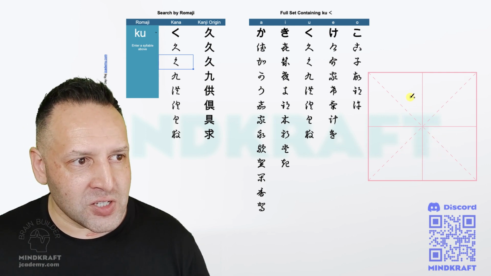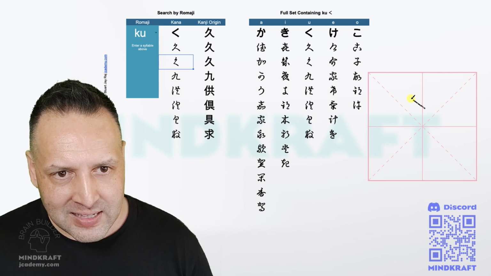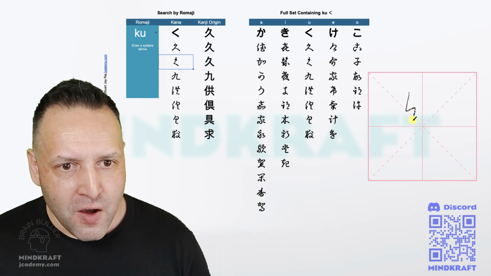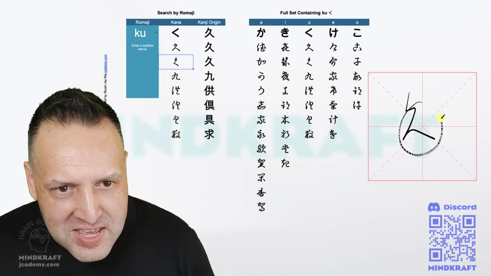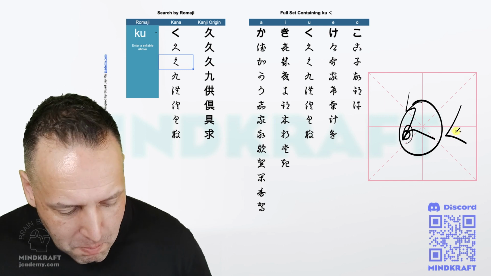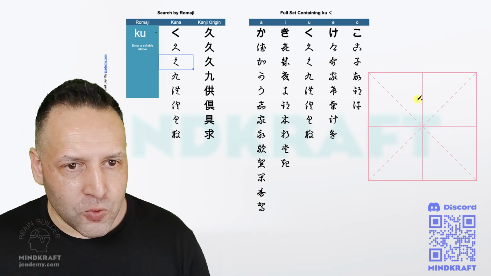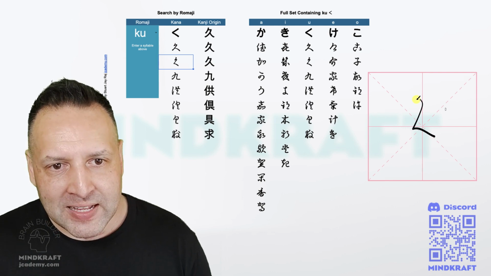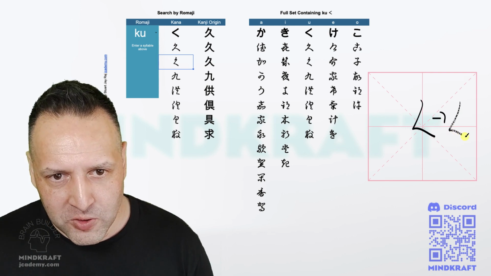Which then turns into this. You can see that comes down like that, and then that goes in, and this is where we're getting our shape for the current format. This part here is that part of our modern ku hiragana. So we've got this, and then if we're getting faster, it's going like that, and that basically is almost ku